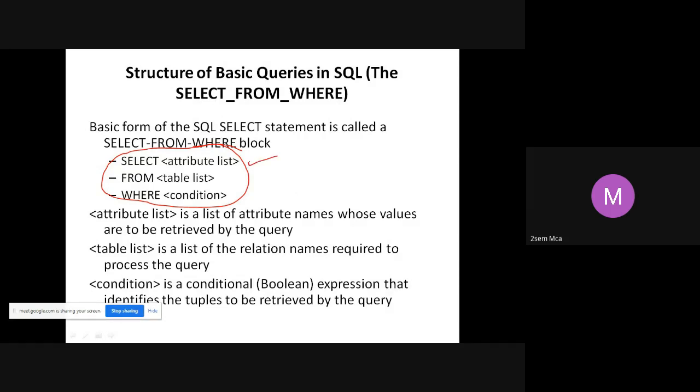What are the tables that we want to access? We give them after the from. And what is the condition that has to be checked? That we give after the where. This condition can be a Boolean condition. You can have a combination of conditions, using the AND operator, minus, intersection, all that we have seen.